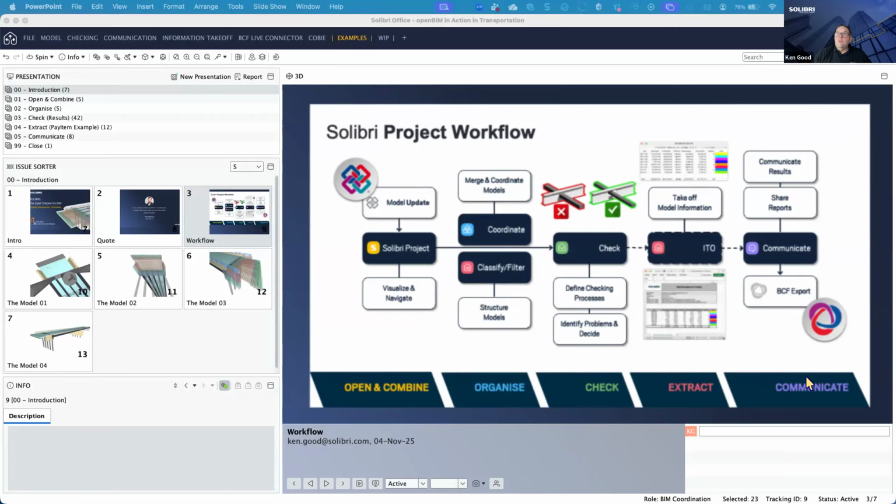But the final stage is once we've identified any problems and issues, we need to grab those together, report them, and send them off to the various parties to get fixed so that we can start a flow of information. So as we issue things with BCF, another openBIM standard, that will go back to the authoring tool, the models will be updated, and then we start with revision B, revision C, whatever it is, coming back in and then running through the process. So as we get rid of those early problems, we can then start to look at information takeoff, which is where we can extract data from the model